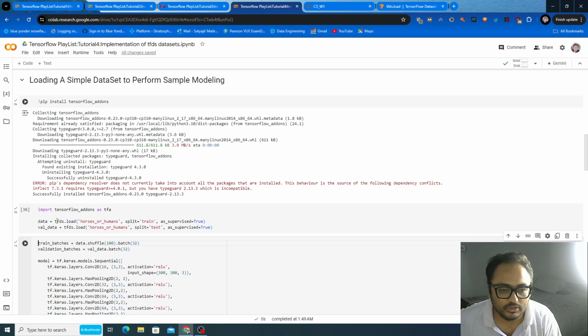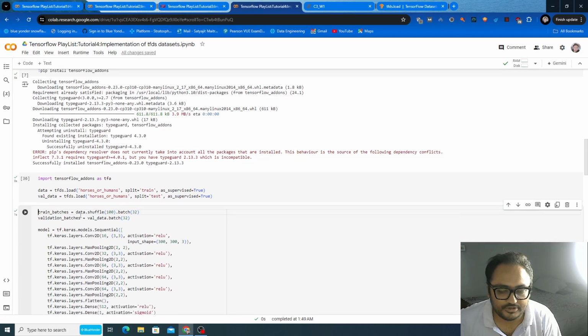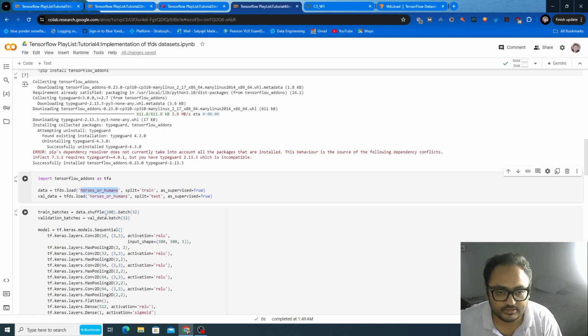What you can do is shuffle the training data to reorder the images present in this data set. Same thing, we provide data.shuffle, and then provide the buffer window basically, which is 100 here. Once that is done, you do batching with a batch size of 32,